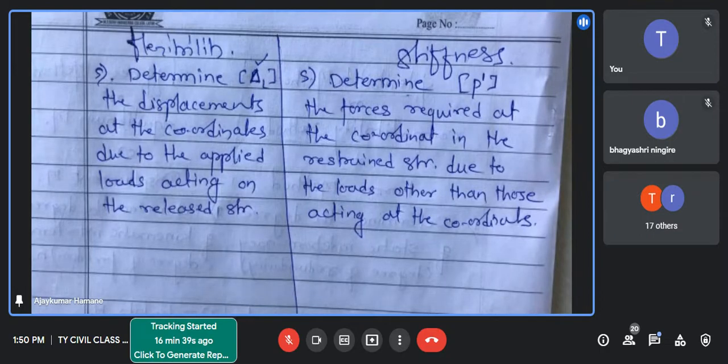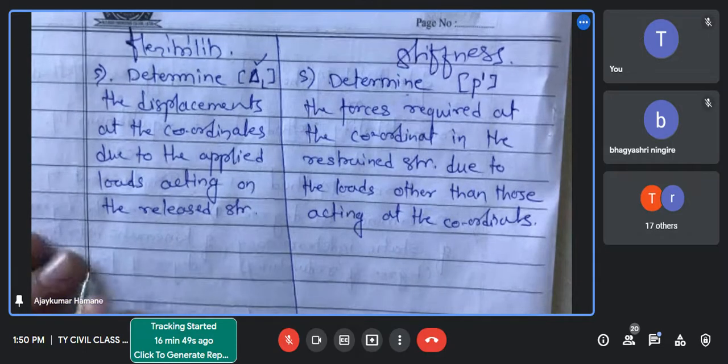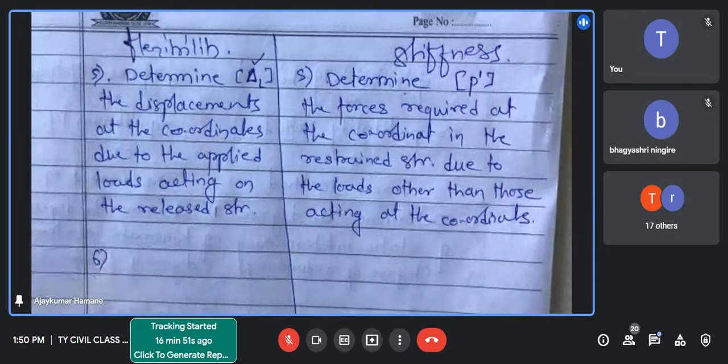And now we are finding out the moment and the lateral displacement due to the vertical loading. We are calculating in the stiffness method. So maybe it is going above your head, just listen. I will take one numerical and at that time I will explain it in a better way.